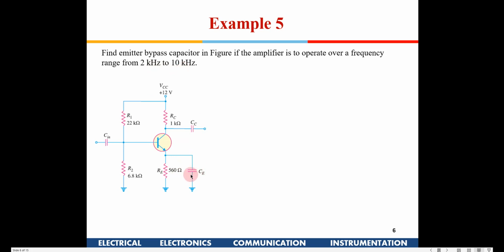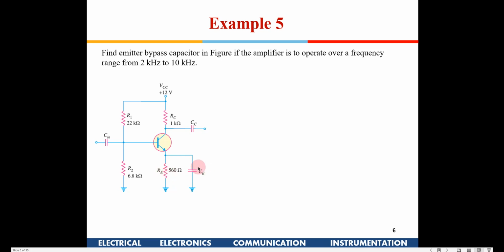Okay, so we know what is the purpose of this CE. It is to bypass this resistance, right? Because when we include this resistance in series, the gain of this amplifier, as discussed in the theory class, becomes RC divided by RE instead of beta RC divided by R pi. So the gain drops. This RE is required for DC bias stability, so RE is very critical for bias stability, but then it is going to spoil the gain, and that is the reason I put a capacitor here, so that in the AC model this resistance gets bypassed.